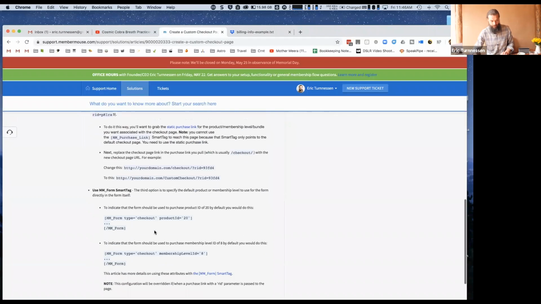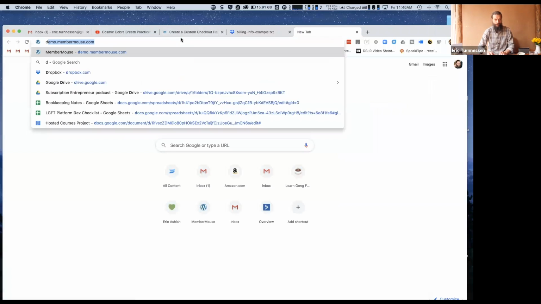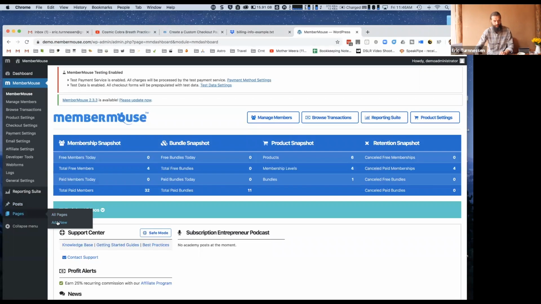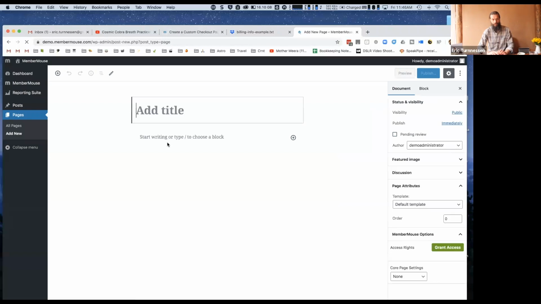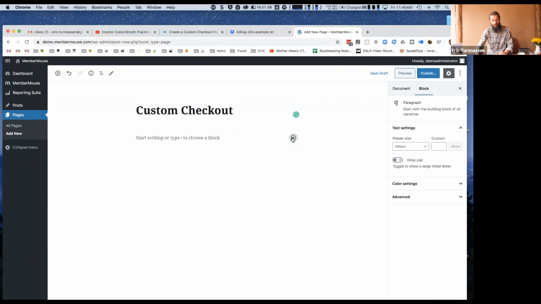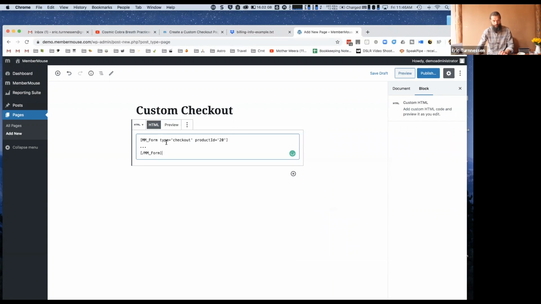Okay, and then for a custom checkout form, we basically need this opening and closing tag. Go to create a page, call it custom checkout, and HTML. Paste in this. So the opening and closing tag for the form is what's needed to specify that this